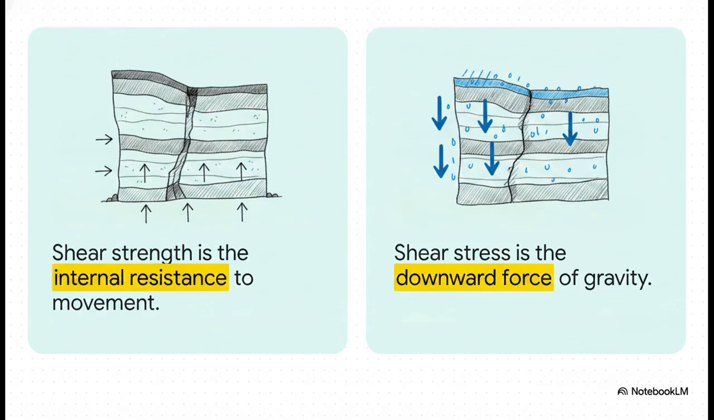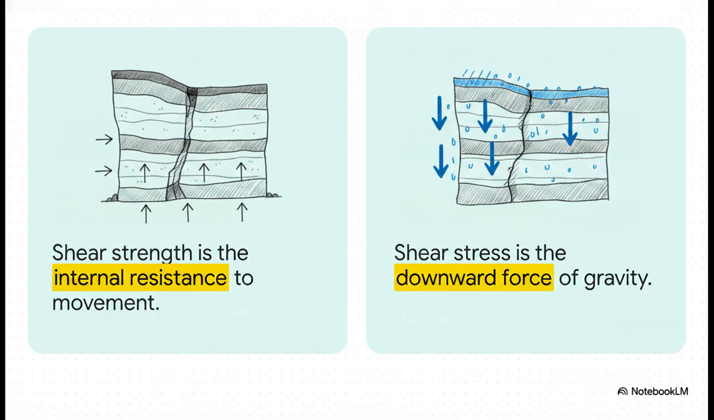To really get a handle on this, think of it as a delicate balancing act between 2 forces: shear strength and shear stress. Shear strength is the internal resistance, basically how well the rock holds itself together. Shear stress is the downward pull of gravity and weight. This dynamic creates what we call a safety factor. If shear strength is higher, the cliff stays put. But the very second shear stress takes over, say after a heavy rainfall adds a ton of weight and lubrication,